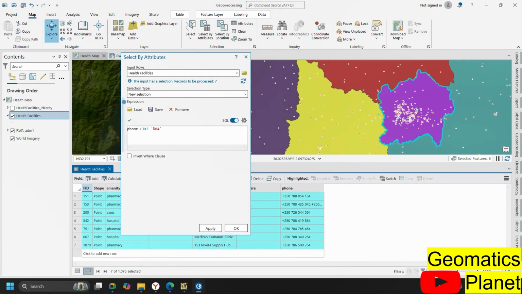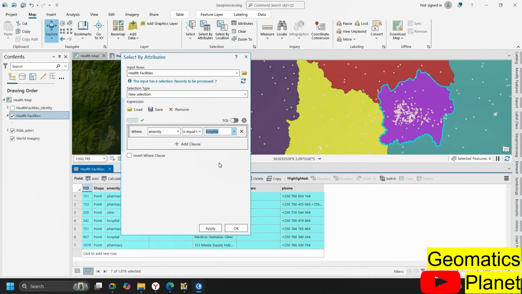And if you look here, you see now that if you switch to structured query language, you will see the query that you have built, which is phone number like 64. So in this, you need to know how to use SQL, structured query language, for you to understand this. But if you look at what you did earlier, where we say